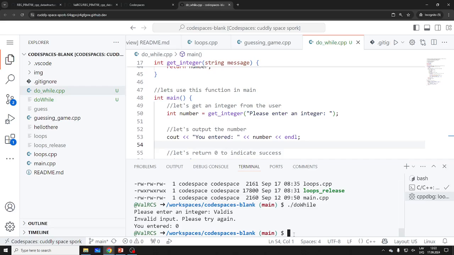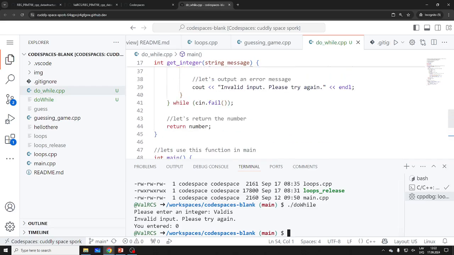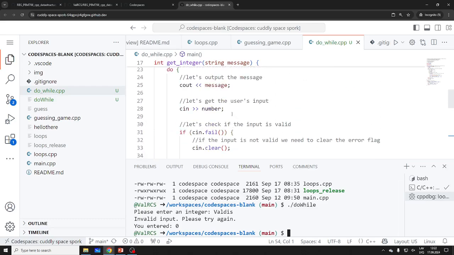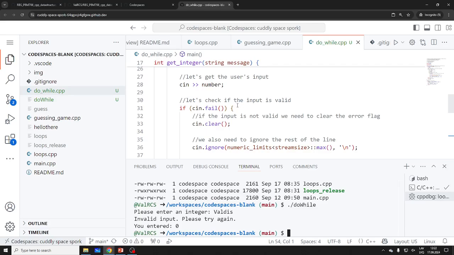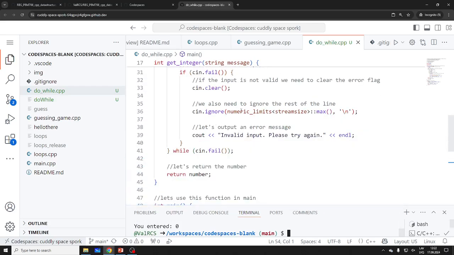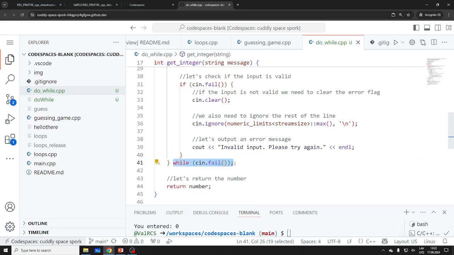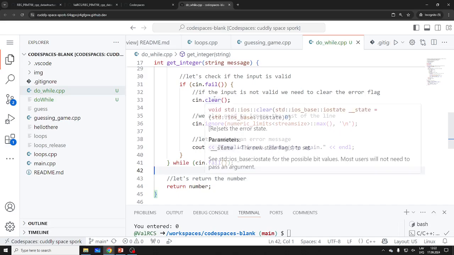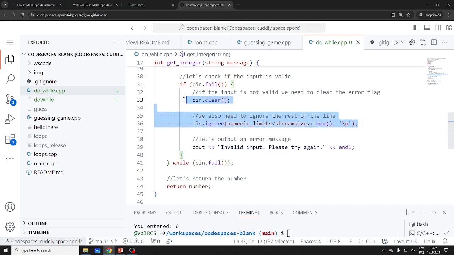You entered 0. The program is not syntactically incorrect. However, it is semantically wrong because of this part here. So could we make it somehow tighter? Let's see if we can tighten it up. This part we want to leave while it's failing. So what we could do, I don't know what's going to happen, we could start with clearing. Let's do that.